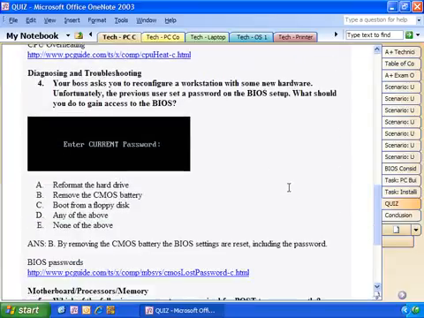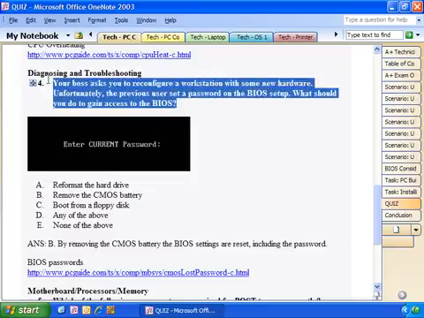All right, 2 more questions. The next one is, your boss asks you to reconfigure a workstation with some new hardware. Unfortunately, the previous user set a password on the BIOS. What should you do to gain access to the BIOS? So when your computer first boots up, the post check is done and the BIOS is used to boot up the system. Well, you can configure a BIOS password so that whoever boots up the system has to type in